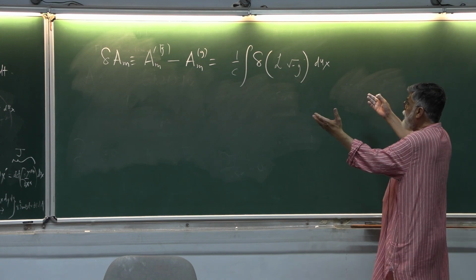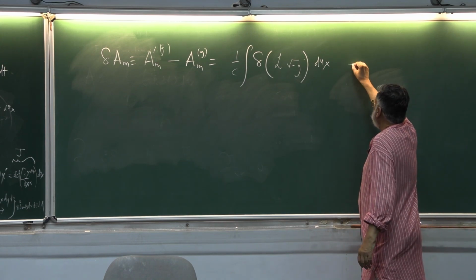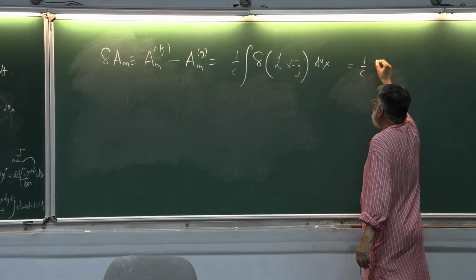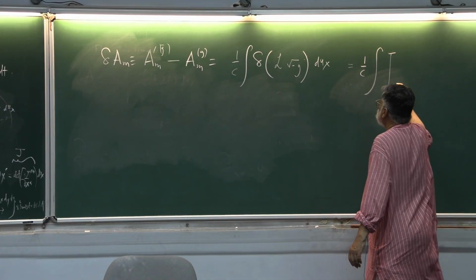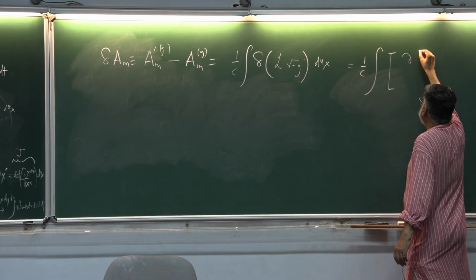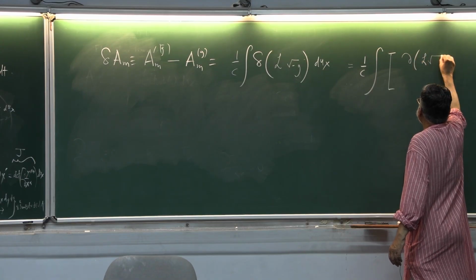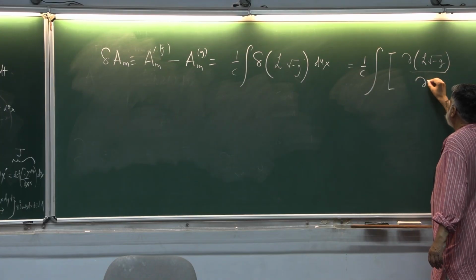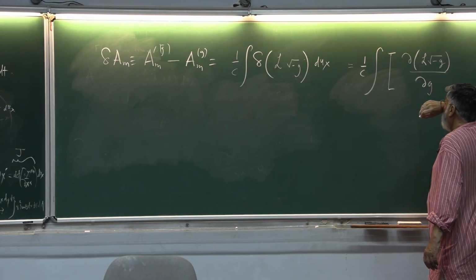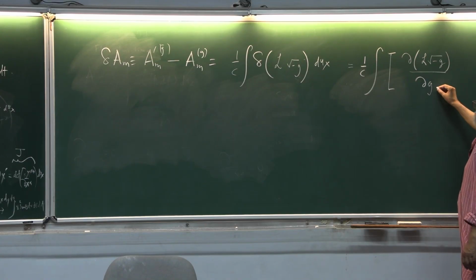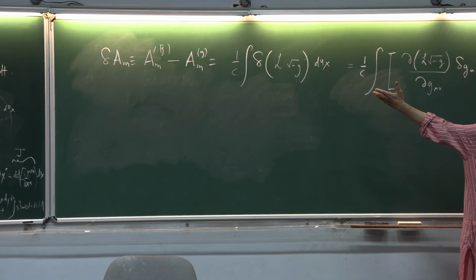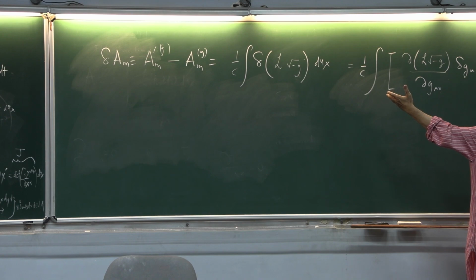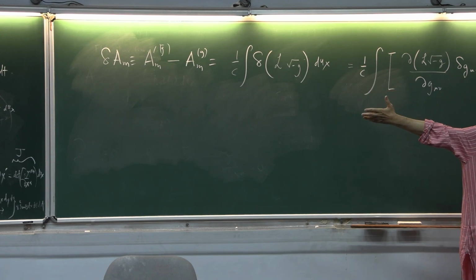If it is an infinitesimal variation, this is nothing but pure calculus. There is nothing but the partial derivative of the Lagrangian with respect to G mu nu, del G mu nu. But the Lagrangian density root minus G doesn't have derivative of the metric, but the Lagrangian density has derivative of the